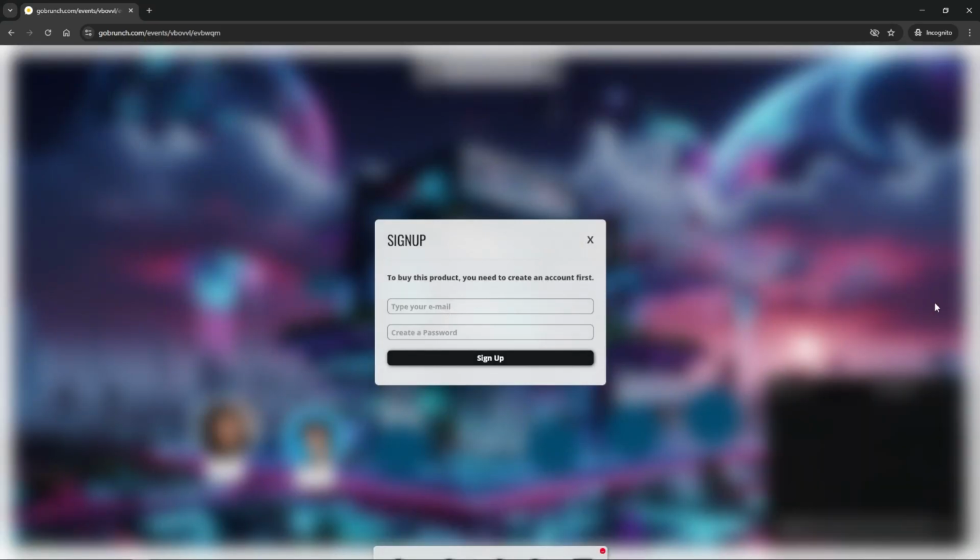When a member joins your community for the first time, they will go to the landing room for non-members and they will see this pop-up. They need to type their email and create a password. But they need to be aware they're typing the right email, the same email that you have inside your community, because if not, they won't be able to join the community. So let's check it out together.